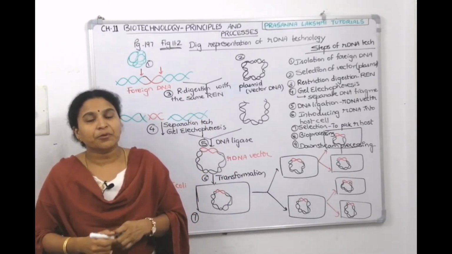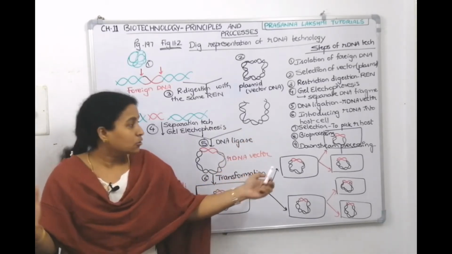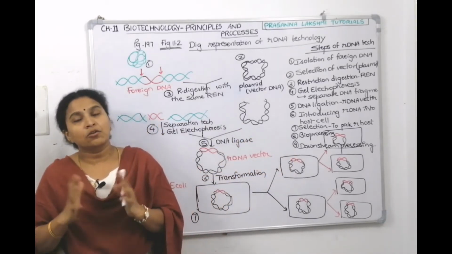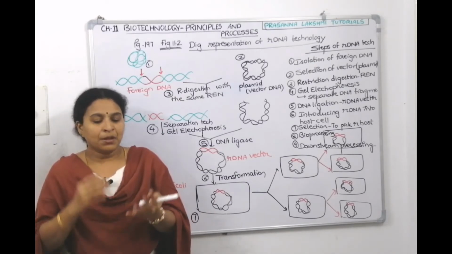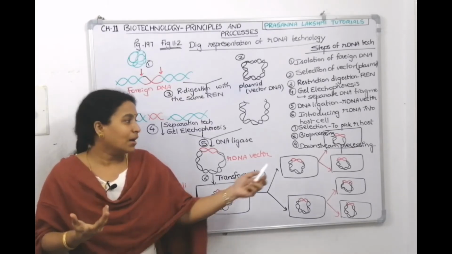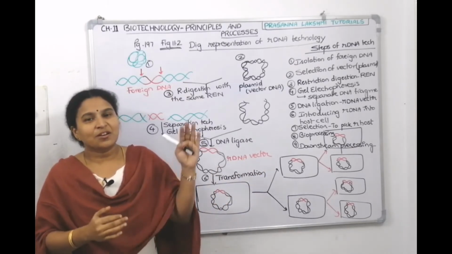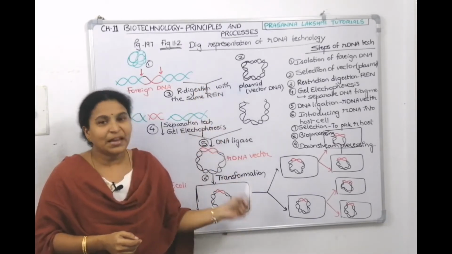For that, you need to process it. You need to culture it in a big bioreactor. So that is called bioprocessing. When you do bioprocessing, at the end of the day, we'll collect everything, purify it, filter it, and formulate it. So that is called downstream processing. Children, all these are the steps of biotechnology, and this picture is there in the NCERT textbook.